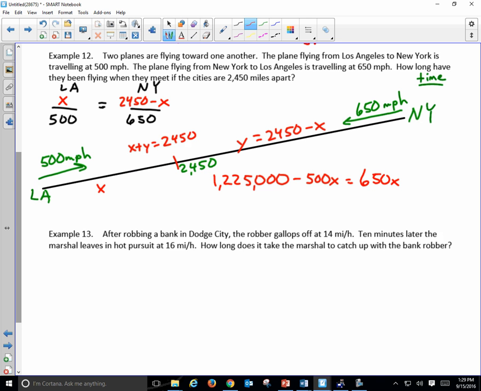That's no big deal to solve, right? 1,225,000 is equal to 1,150x. Divide both sides by 1,150, and we get x is